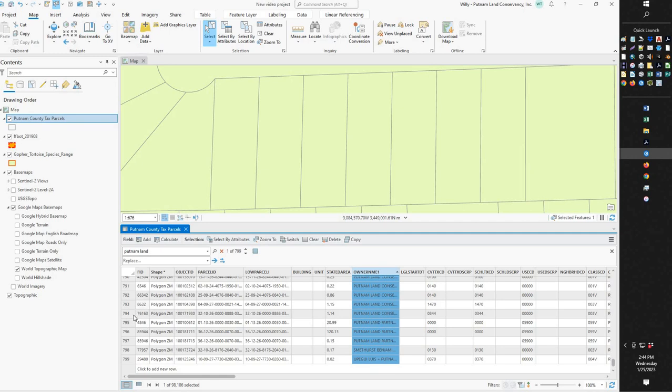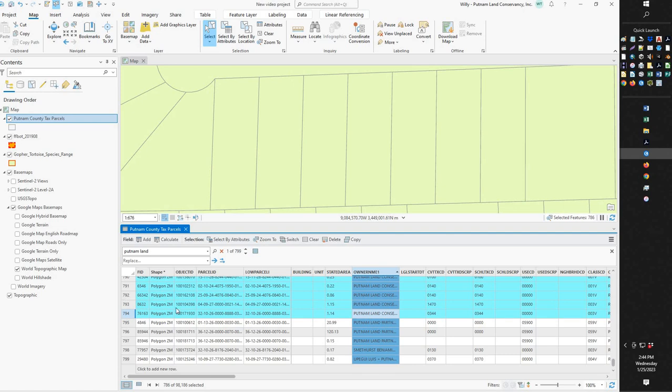Now I'm going to hold Shift down first before I click on this last one. That is going to click all of them. Now let's say there might have been one that I didn't want. Let's say I didn't want this one. I will hold Control and I will click here and it will deselect it. Oops, I actually do want that one. I'll hold Control and I'll click it again. Alright, so